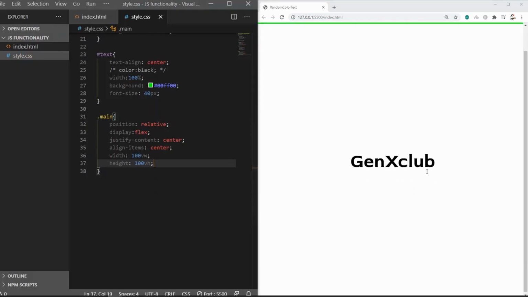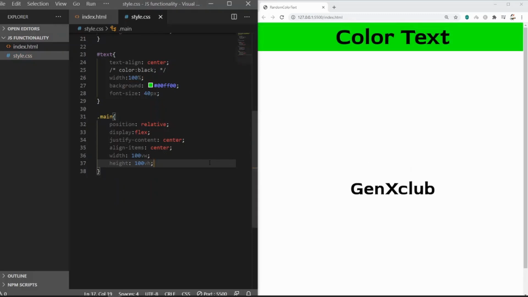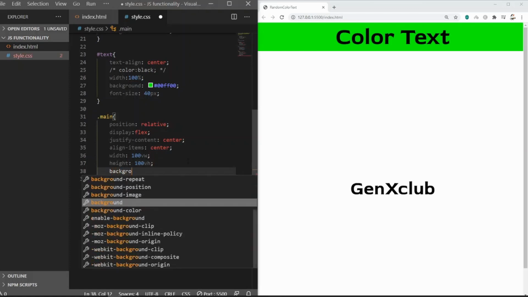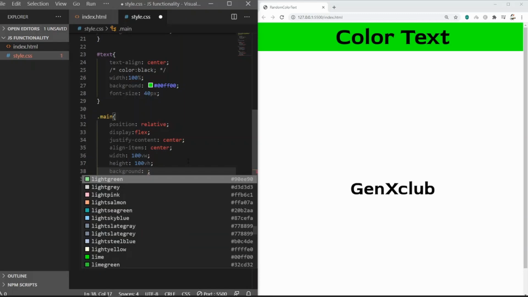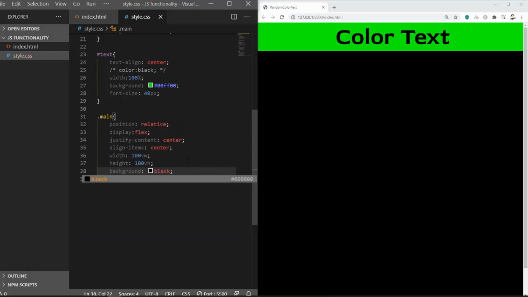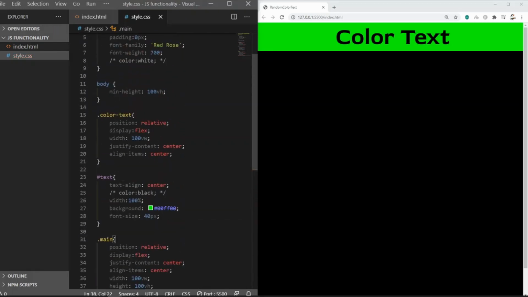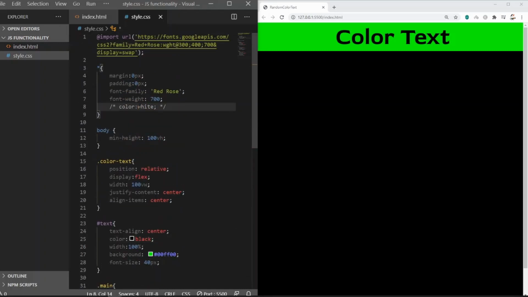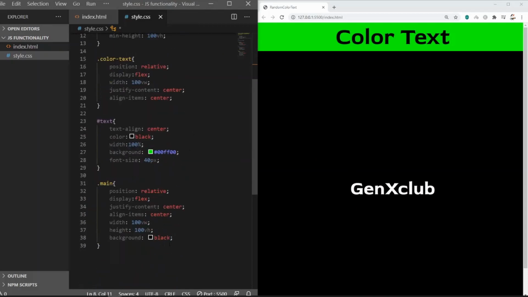Let's scroll a bit and you can see the main has 100 view height. And let's change the background to black. And let's uncomment the previous font colors so we can see the GenX Club text. Yeah, there you go.